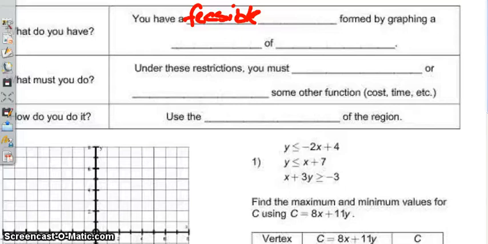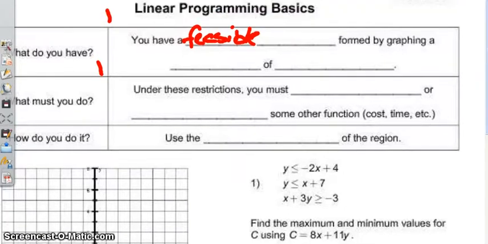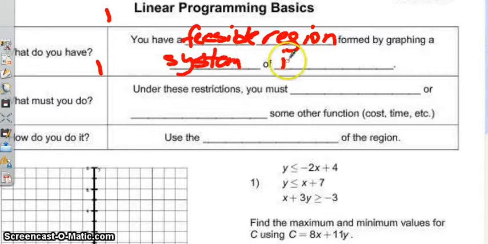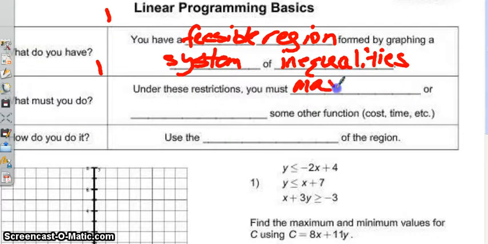All right, so right here, when we do linear programming, we're going to have a feasible region formed by graphing a system of inequalities. I can spell this morning. Inequalities. Under these restrictions, you must maximize